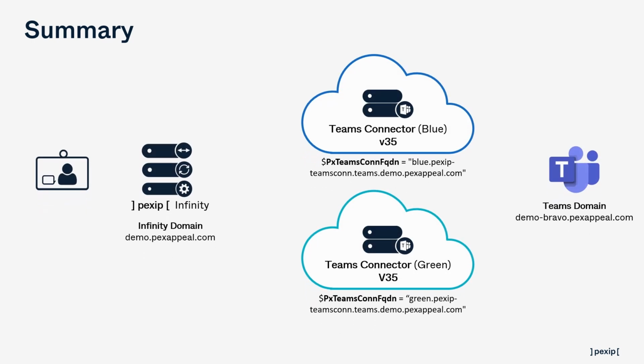In this video series, we have covered how to deploy self-hosted Teams connectors using the default blue-green method. The architecture diagram is shown. Variables scripts, resource groups, and Teams connector API apps were created for each connector, followed by deploying the connectors themselves. As it was the first time that a Teams connector was deployed in the demo environment, the following tasks were